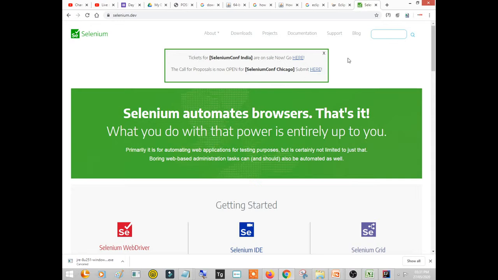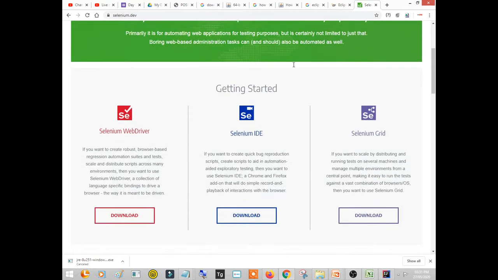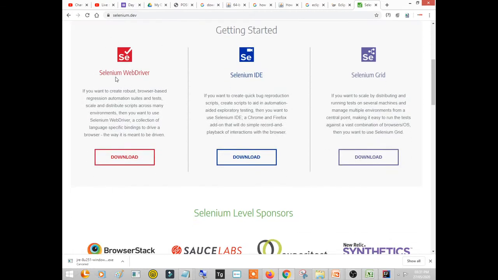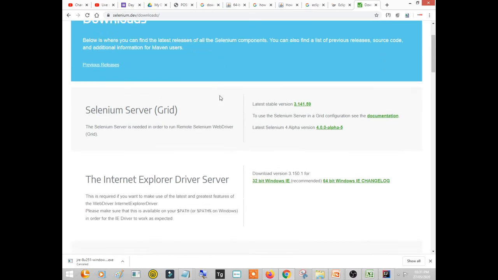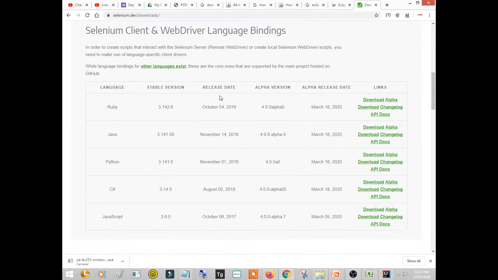Okay, so this website is opened now, and now I'll go here, Download, right? The first link of the download, the red one, click here. From here just scroll a little bit and you will find this table. Selenium is implemented in different languages like Ruby, Java, Python, C#, JavaScript. Out of which we are seeing Java, right? So we are implementing Selenium in Java, so I'll download the jars for Java, right?